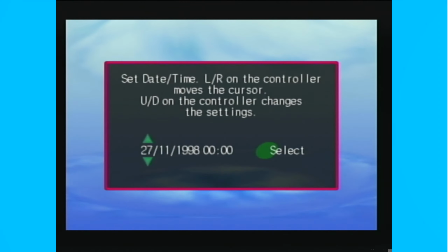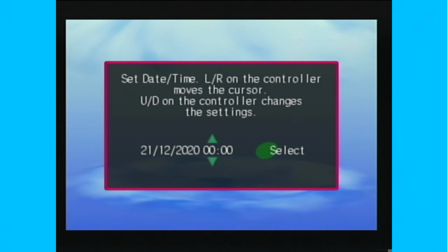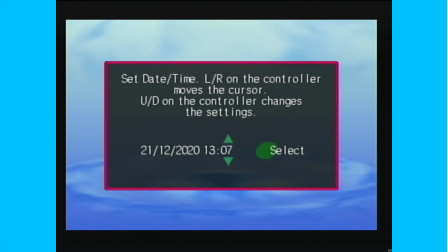Sega Dreamcast. Oh, I have such nostalgia for this machine. Oh, hang on. It's not going to remember the date and time because the CMOS battery is dead in it. Now, this is actually original hardware, and I've found it buried in my cupboard, still in its box as well. The box is in a bit of tatters, but the console seems to be working fine other than the CMOS battery. So let's just quickly do the time,